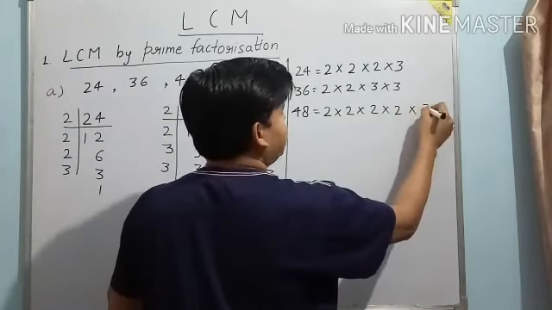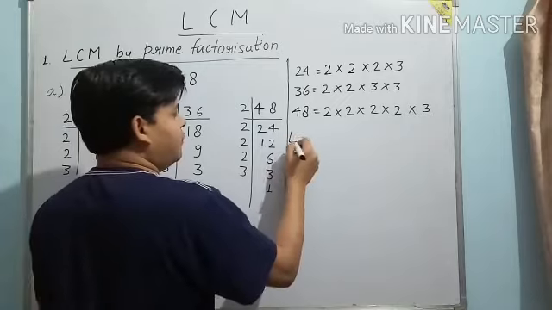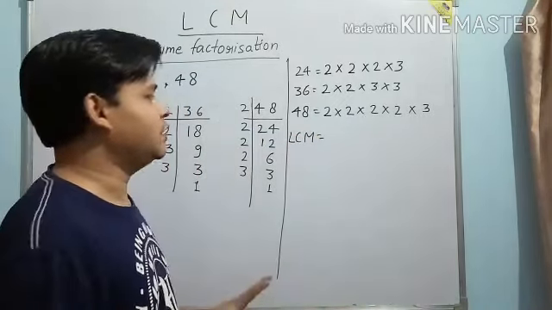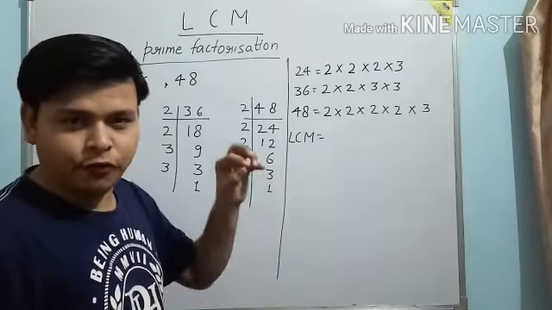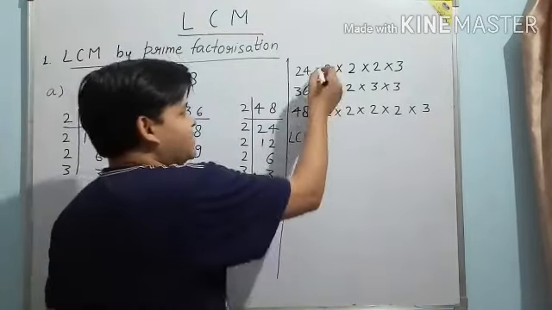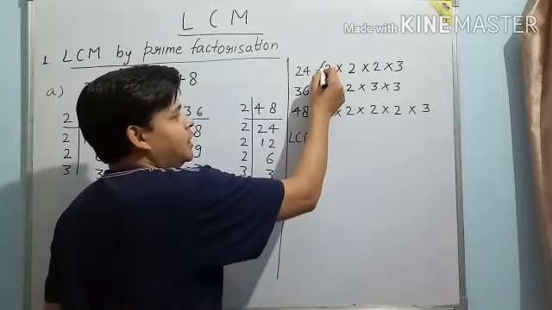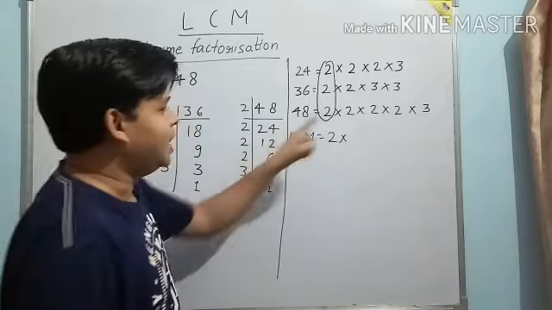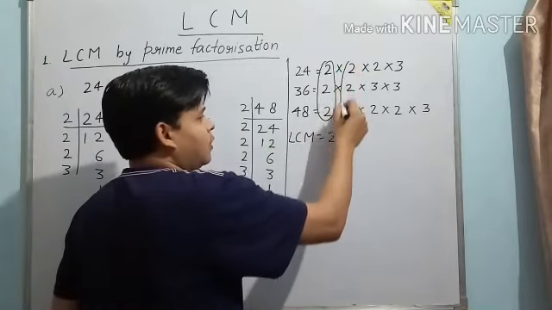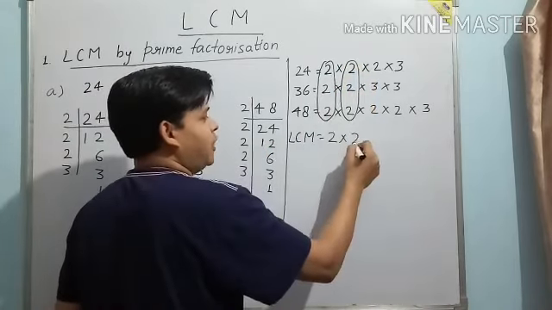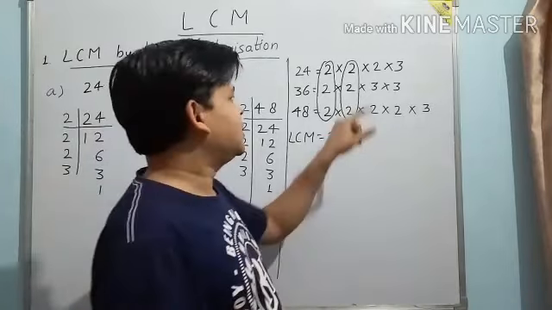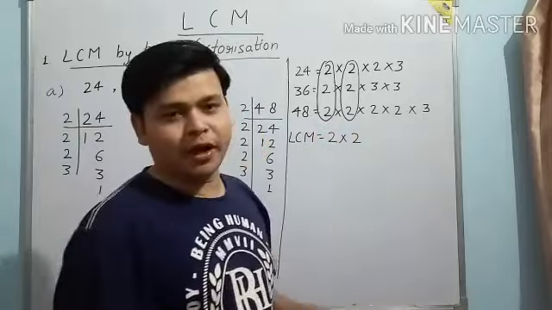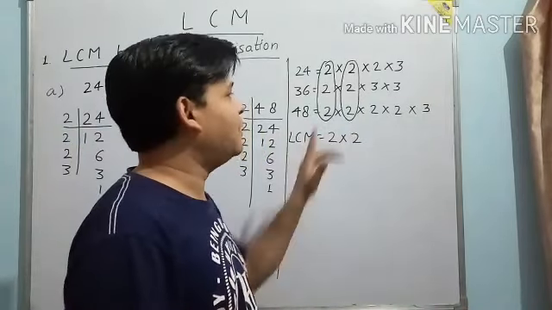So multiply by 3. Now we will find the LCM by first taking what is common in all three numbers. The very first step is to find common in all three numbers. As you can see, 2 is common in all three, so we will take 2 here. Done. Next, one more time we have 2 here. This is also done. After this, as you can see, 2 is given here but not here, but it is given here. That means 2 is not common in all.